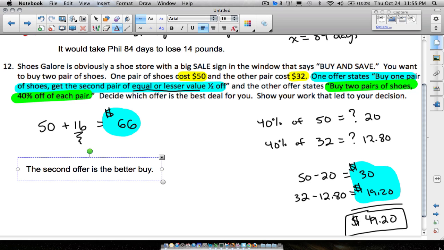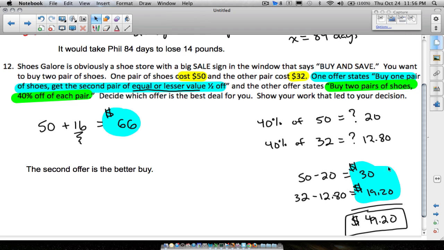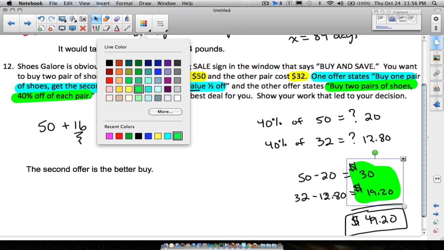And that's all you got to write for a sentence, as long as you show your work, some type of work like this. We didn't do any ratios, proportions, rates, or anything like that. This one here was just kind of eyeballing it. You know, the first offer again, and I highlighted that in the wrong color. I see that now. This is actually the second offer over here in green.